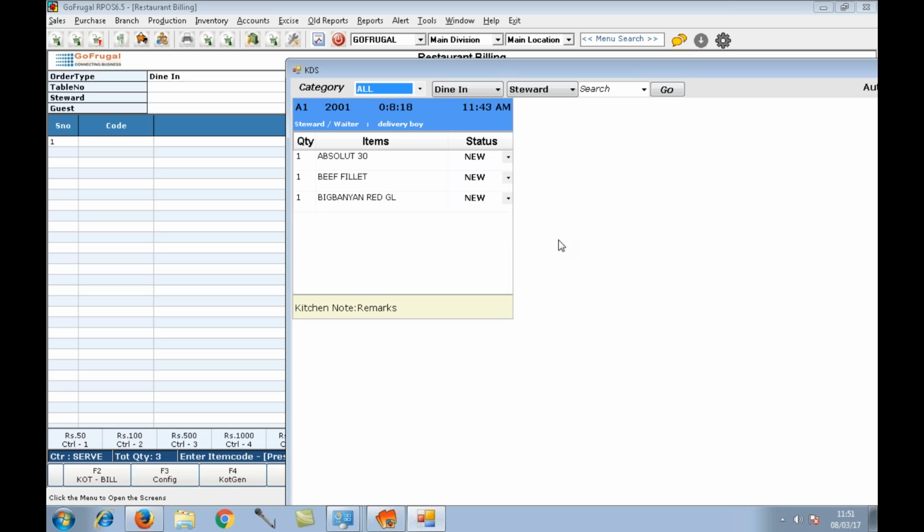Now, say I want this to be for one kitchen only. Just select and filter based on the category. I am filtering only Indian wine. Now only the Indian wine will show here. So whatever orders you are taking with different categories of items, if you select the category here, it will